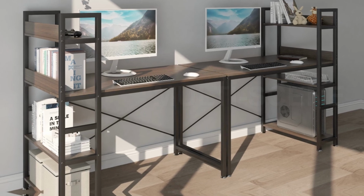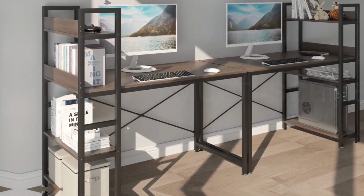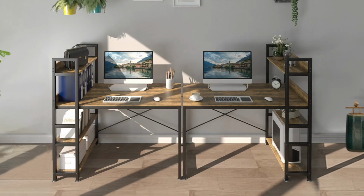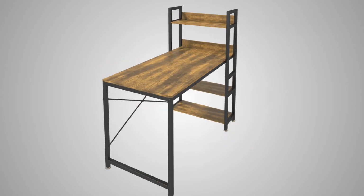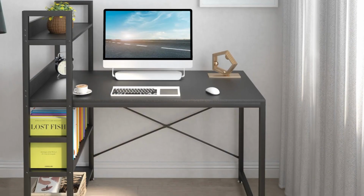With 4 tiers of bookshelves, you'll have ample space to store books, office supplies, and other accessories, ensuring everything is within reach for convenient usage. The innovative design includes a flexible height board. Whether you need to accommodate a computer host or prefer to showcase books or potted plants, you can easily adjust